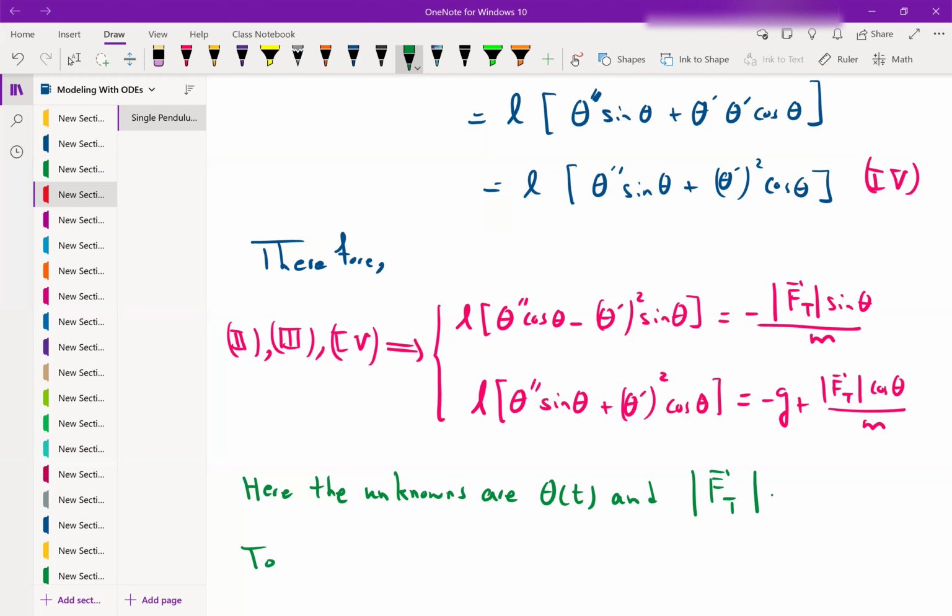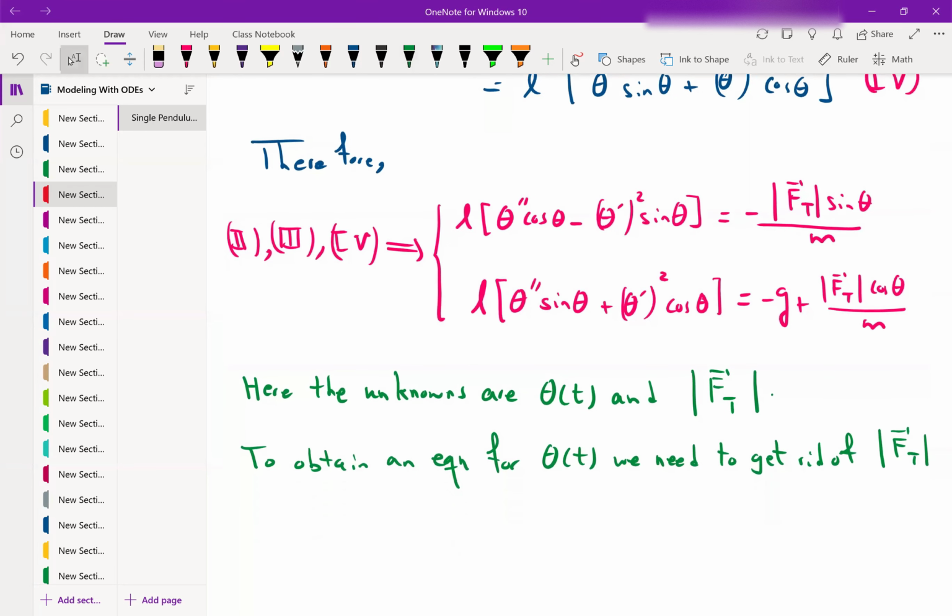So to obtain an equation for theta of t, we need to get rid of the magnitude of the tension force. And there are multiple ways to do this. I'm going to tell you one thing that you can do to eliminate this magnitude of f of